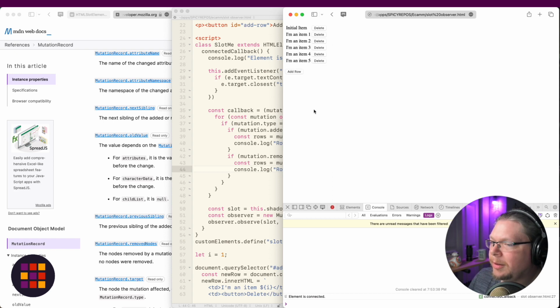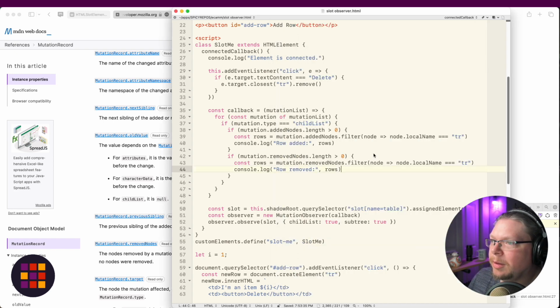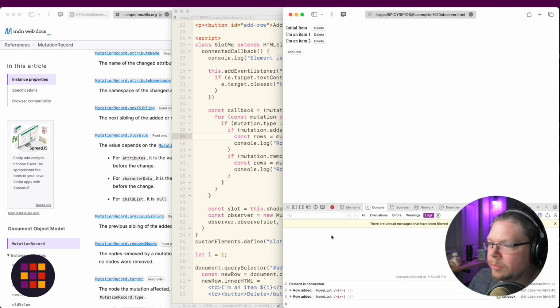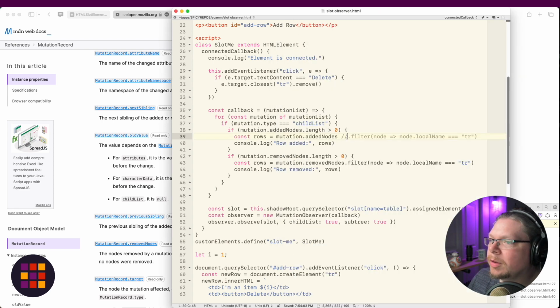Not getting anything. Interesting. Well, let's take off the filter here for a moment and just see what we're getting. We're getting a node list with a TR in it. So, I wonder why that's not